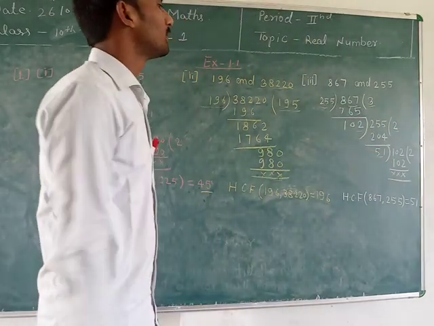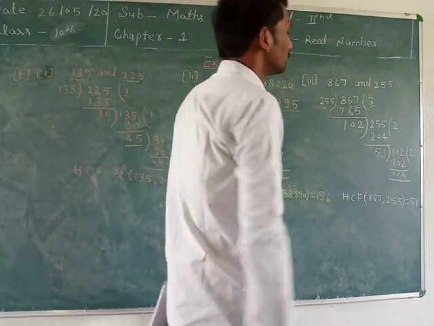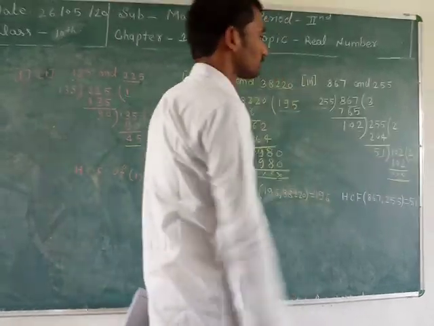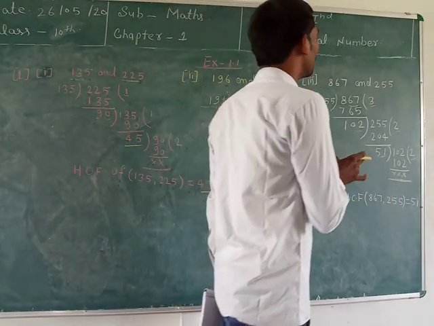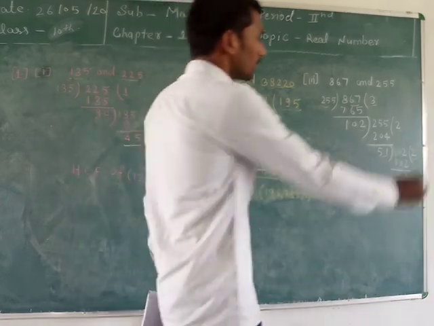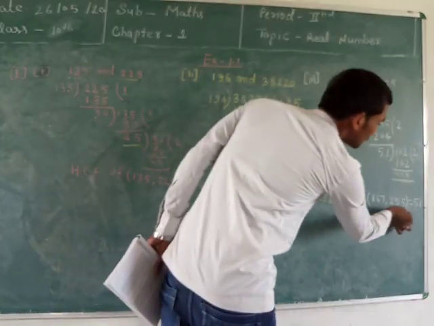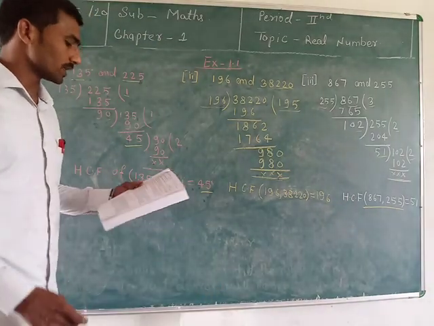Now 102 divided by 51, then we get quotient 2 and remainder 0. Now we get the remainder 0, so the divisor will be the HCF of the given numbers. Here the divisor is 51, so HCF of 867 and 255 is 51. Another question,